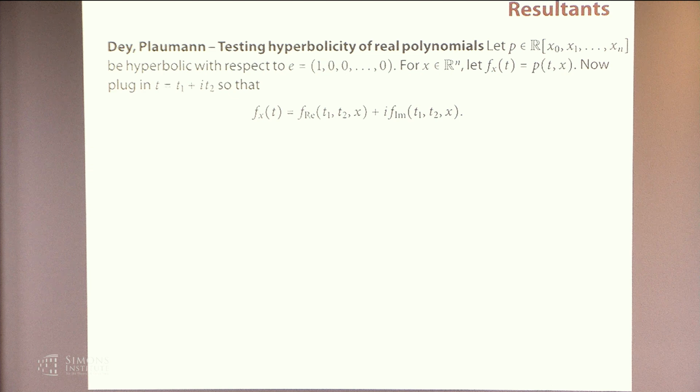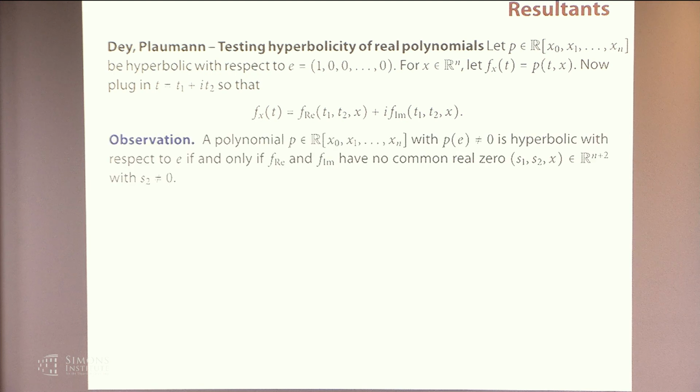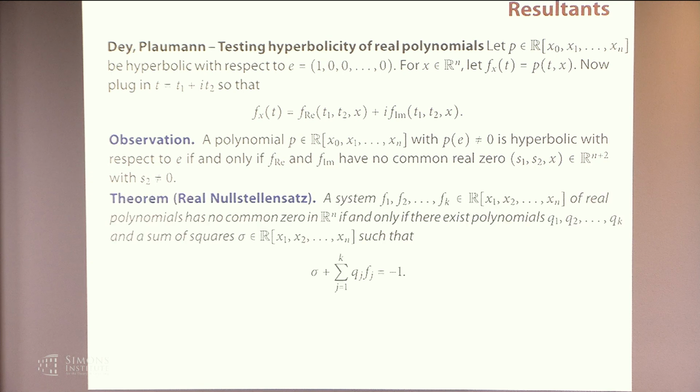Okay? And you multiply this out, you get some things that have an I in front, some that don't, and this you call the real part of this polynomial, and an imaginary part. And now the question is, do they have a common root? So a polynomial is hyperbolic in this direction if and only if they have no common root where the imaginary part is non-zero. Right? I want this to be real-rooted, so I want the imaginary parts of every root to be 0. And now I phrase this in a sort of contrapositive resultant type way. Okay? So now I want to check if these polynomials have no common real roots, where the imaginary part of my complex number is non-zero. And this you can check